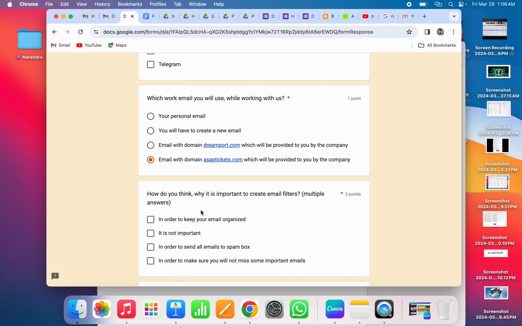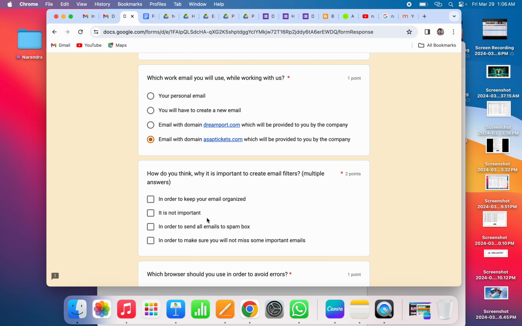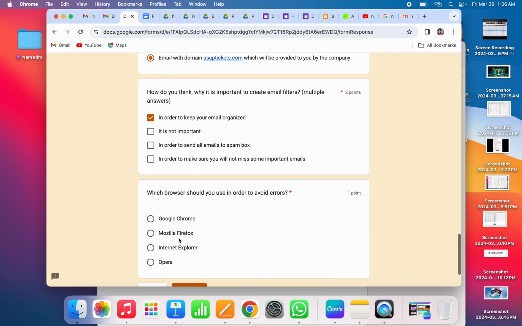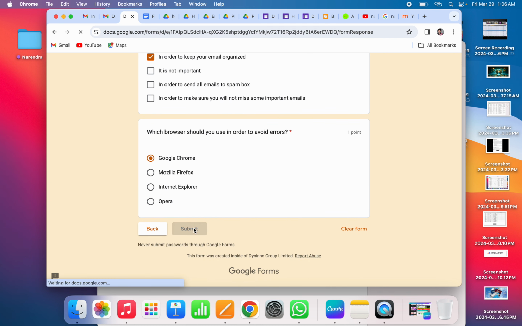How do you think why it is important to create email filters? In order to keep your email organized, in order to make sure you will not miss some important emails. Which browser should you use in order to avoid errors? Google Chrome. So let's submit this,